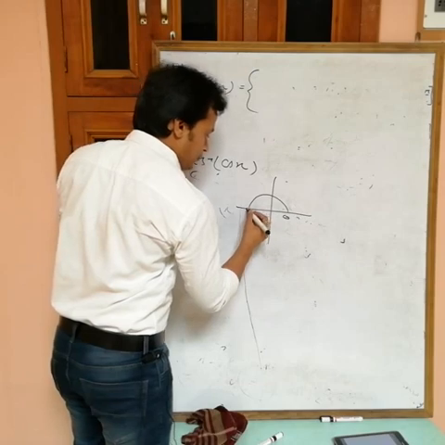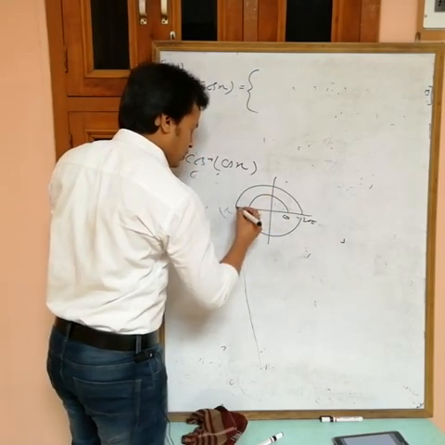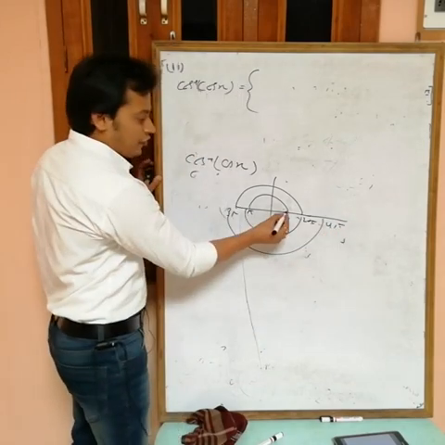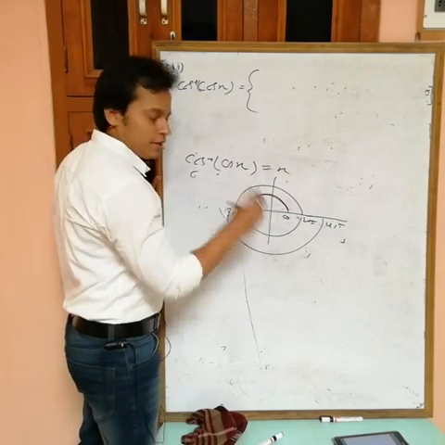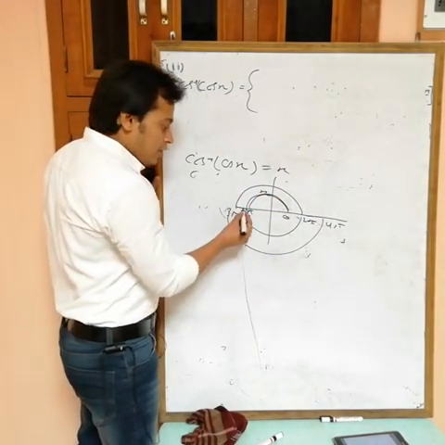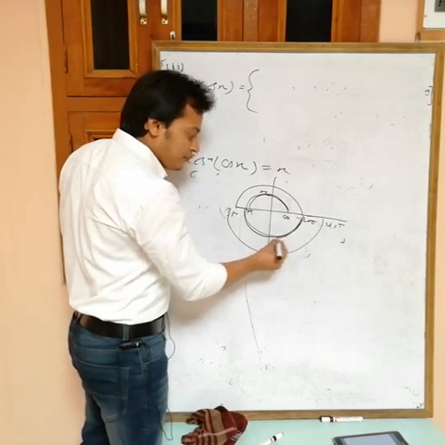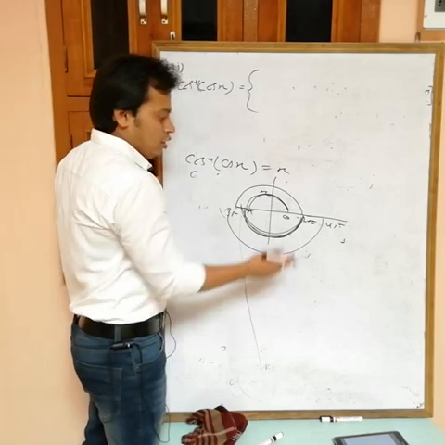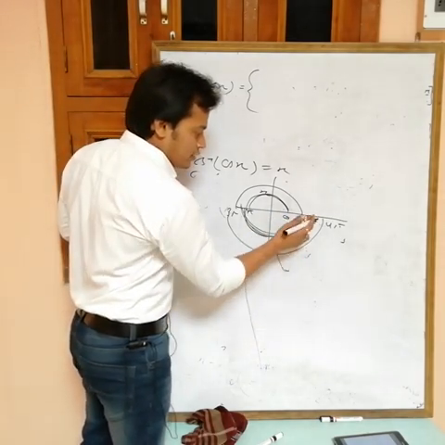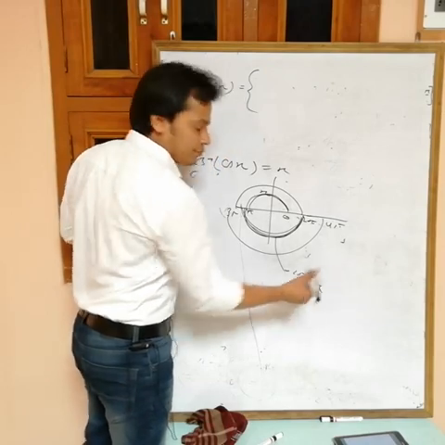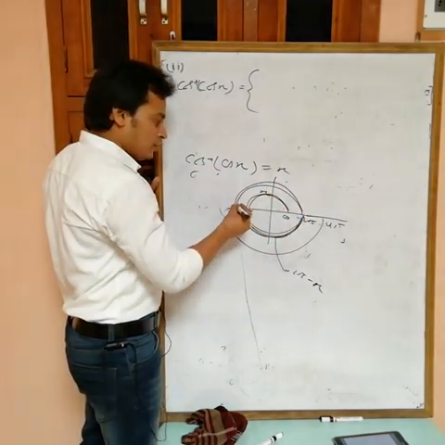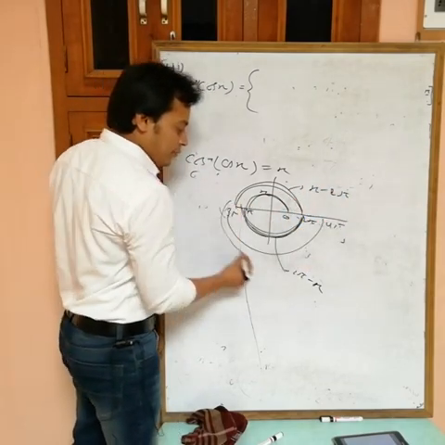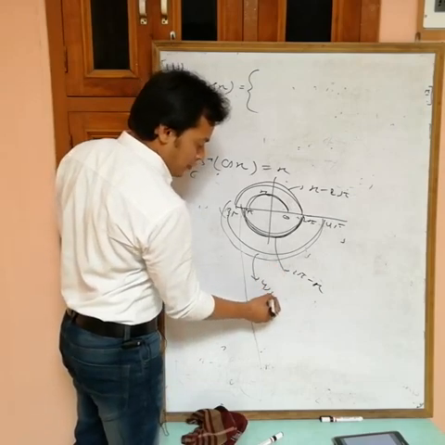This is 0, pi, 2 pi, 3 pi, 4 pi, like this one. Okay. If x is from 0 to pi, then the value is directly x. If x lies from pi to 2 pi, then this can't be the value of cos inverse, because cos inverse always lies in the range from 0 to pi. Then in this one the value is 2 pi minus x. If x is from 2 pi to 3 pi, it means greater than 2 pi, then x minus 2 pi. Okay. If 3 pi to 4 pi, then the answer is 4 pi minus x.